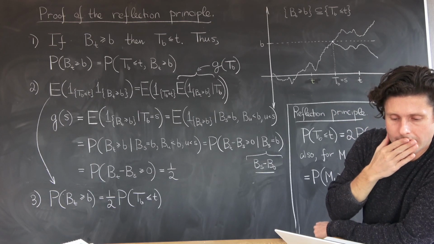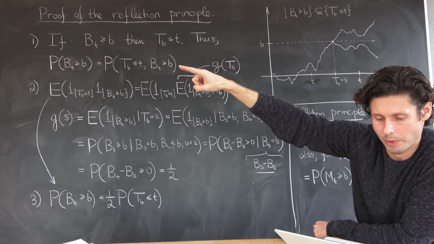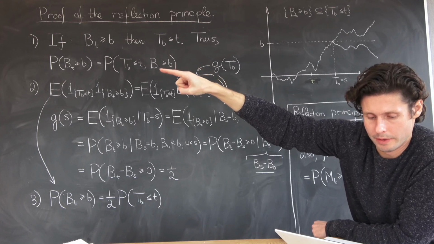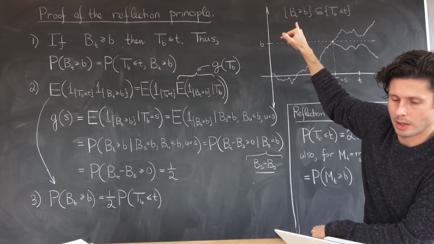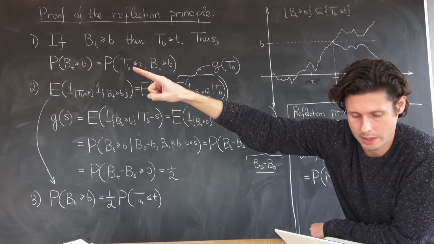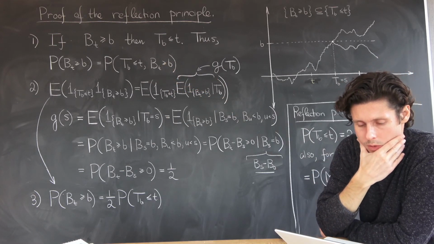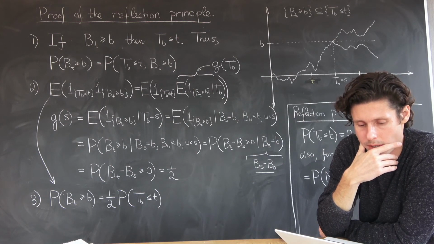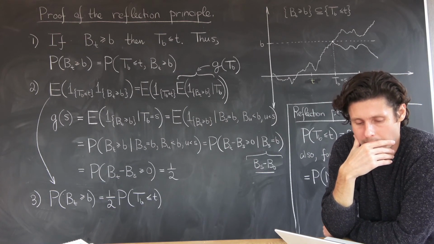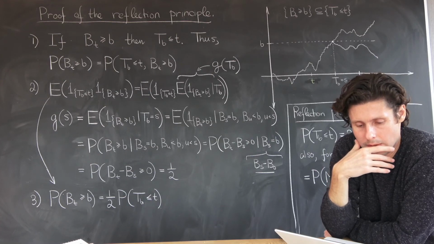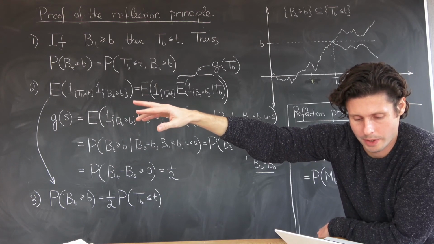And the implication of this is significant. Here's what this implies. This is an intersection of 2 of these sets, and one of them is a subset of the other. So this event and this event, you have an intersection. The intersection of 2 events, one of which is a subset of the other, is just the smaller subset, and therefore this equality holds. So the left hand side equals the right hand side, and this is really the key to the whole proof. The rest is a little bit mechanical. So let's run through the calculation here.